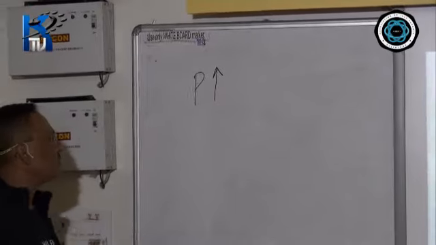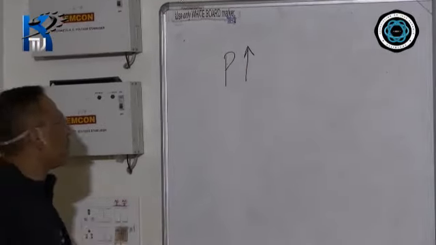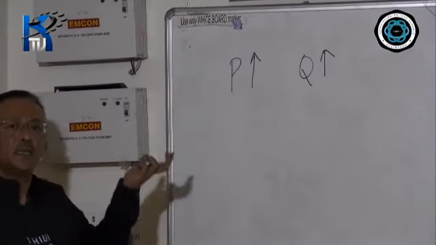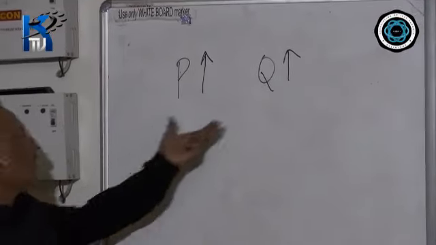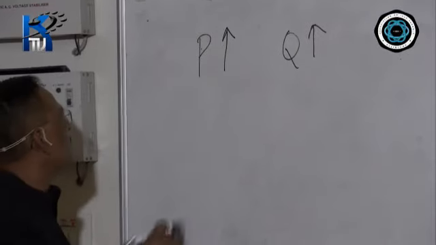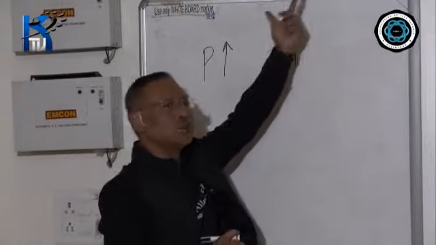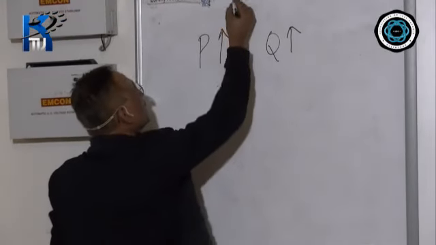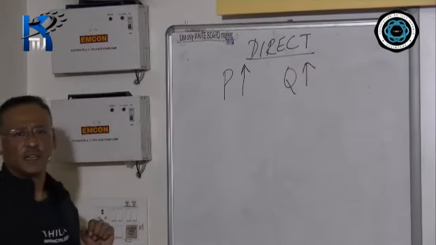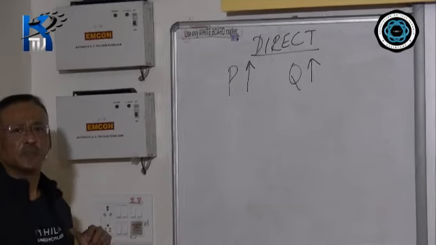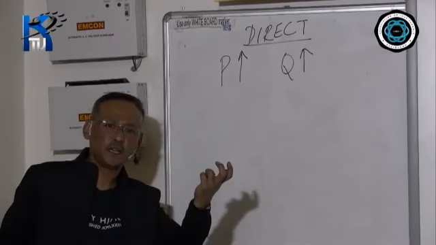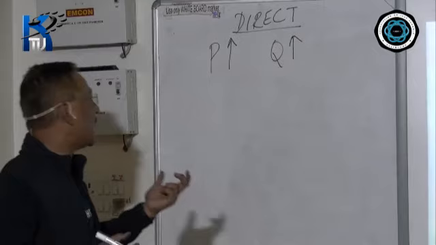Let's say the price of certain goods goes up, and you find the quantity also rising. That means as the price increases, the quantity demanded is also rising. Both are increasing. These are the two variables, price and quantity. When one variable increases, the other variable also increases. This is called direct relation. Inverse related and directly related come again and again. So this is called directly related. When the price increases, the quantity demanded also increases, there is a direct relation.